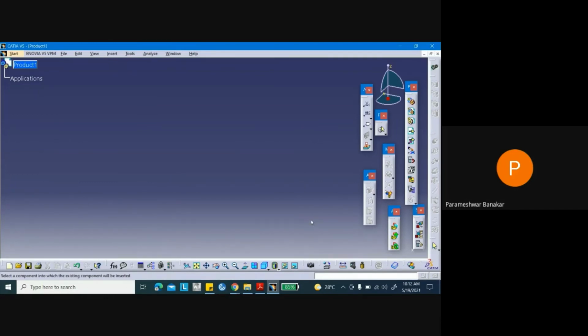I think it is opening. Let it open. I think it's taking a little time.